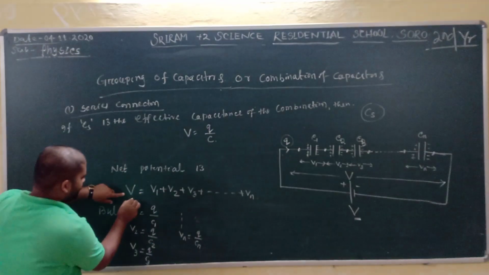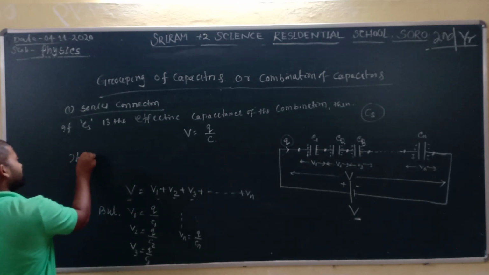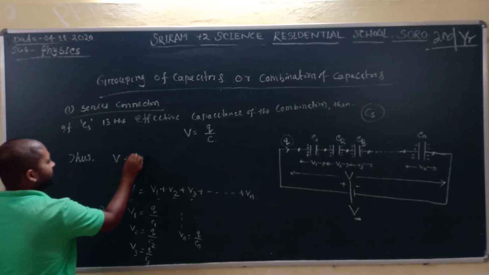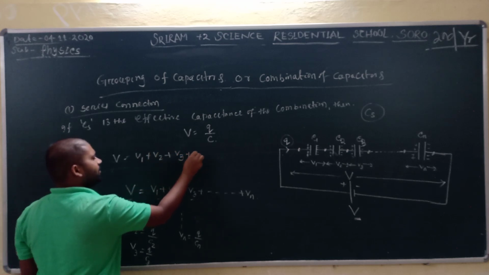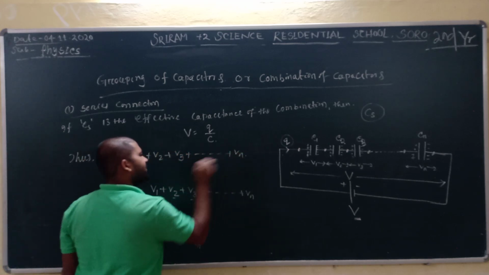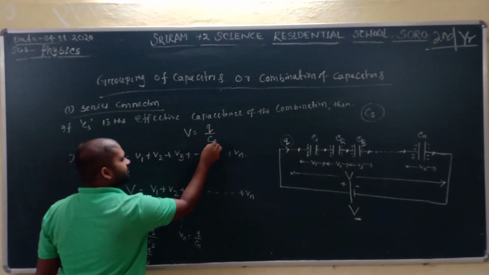So substitute the values here. Thus V equals V1 plus V2 plus V3 plus Vn. That implies the value of V, that is Q divided by Cs,